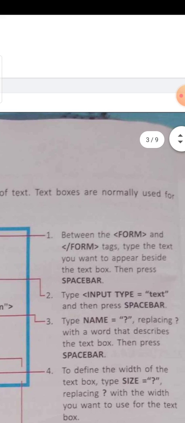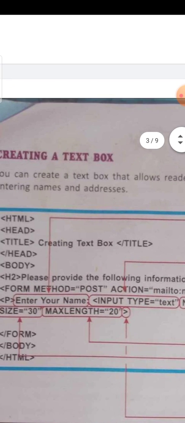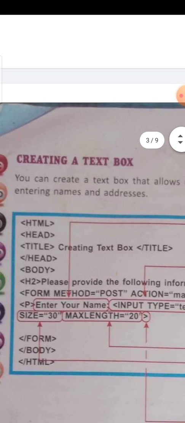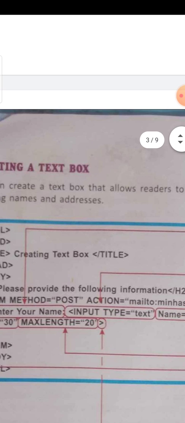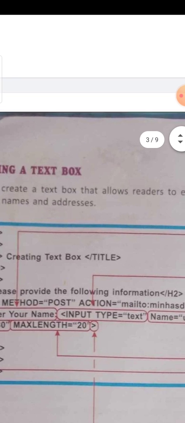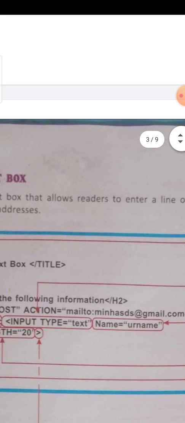So the second point: type input type is equal to text, and then press spacebar. Here we want to input text, so we write the input tag, and then the value of the attribute type is equal to text, because we want to create a text box.